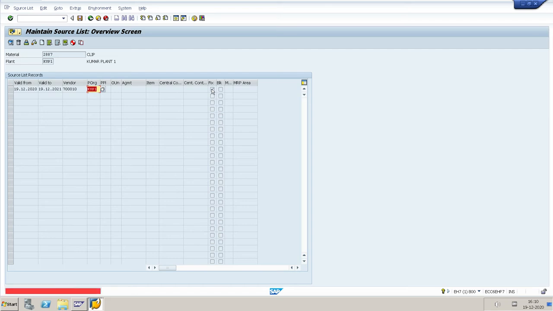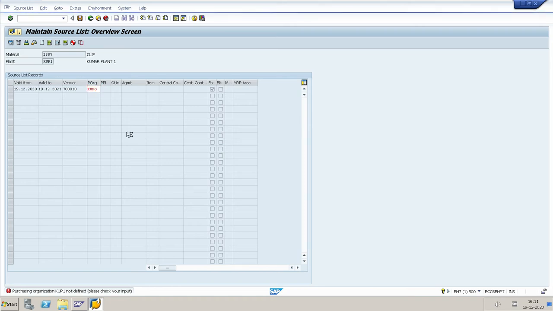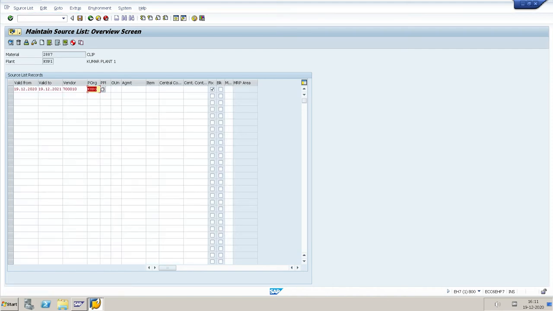Okay, if you press enter, it shows the error: purchasing organization KUP1 not defined. Or purchasing organization KUPO. So I will save the source list.